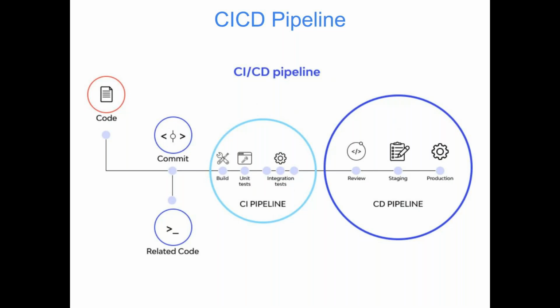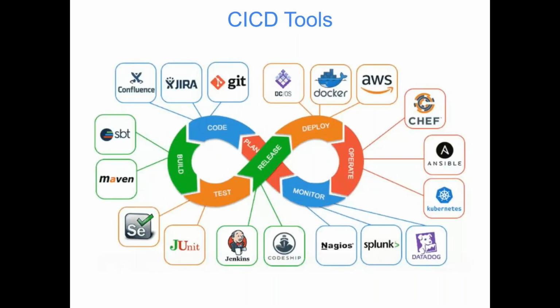Okay, let's move to the next slide. This is a slide which will give you the idea that for different types of phases, there are different tools available in the market. And those are not only AWS, those are third party and open source as well. Let's start with code. For code, you have